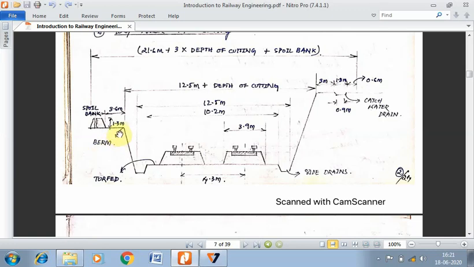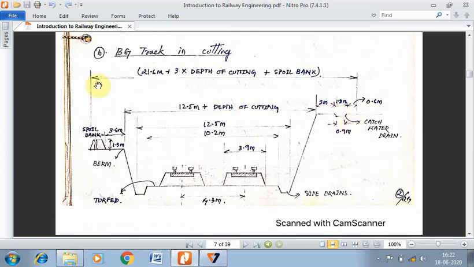So that's about the section. On either side, at the berm section, you will be having 3.6 meters left from the edge of the berm, and then you will be having the spoil banks on either side. And in some cases, if there's a hillock that continues in the vertical direction, then you need to provide check drains or check water drains, also called catch water drains, okay? So the bottom width of the catch water drain is expected to be 0.9 meters, top width is 1.8 meters, and this would start 3 meters away from the edge of the berm, okay?